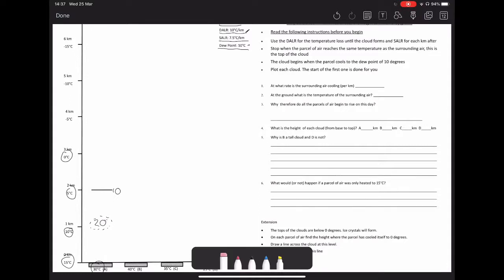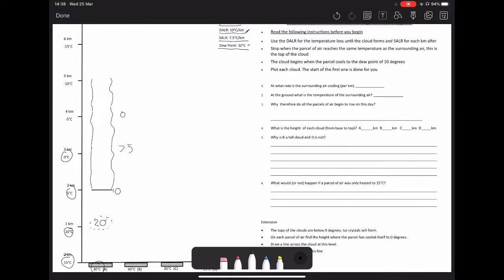We're now dropping at 7.5 degrees for every kilometre. Okay, so we're going to start our cloud off. At this point, we are at 7.5 degrees and the surrounding air is at 0. So we're good. We're going to keep rising because the air in the cloud is more buoyant than the air around it. We've now lost another 7.5. So the cloud is at 0 and the air around it is at 5. So we're going to keep rising